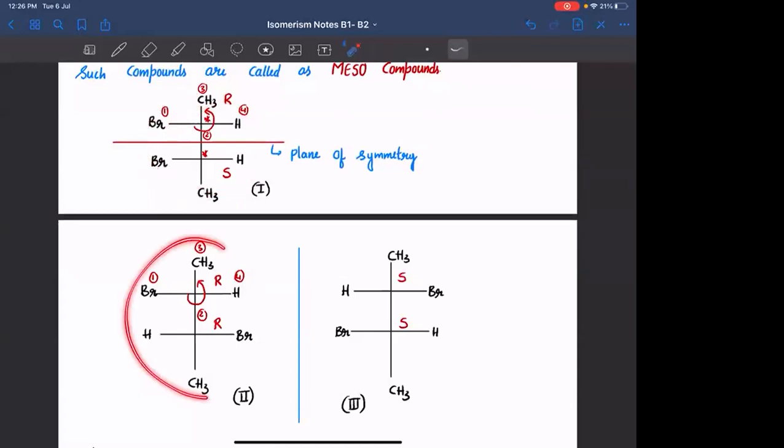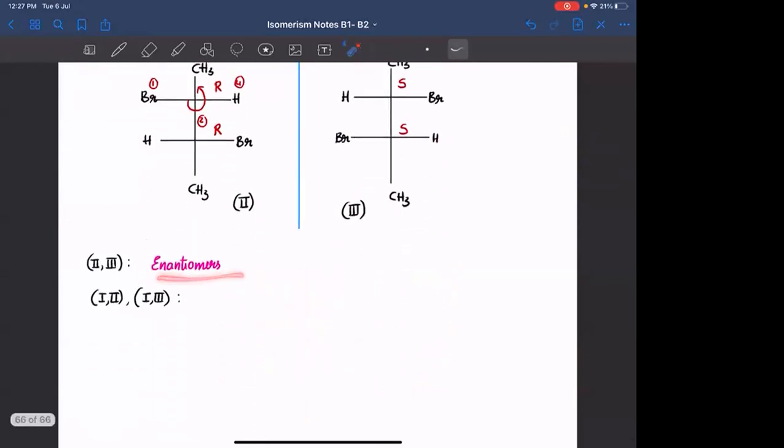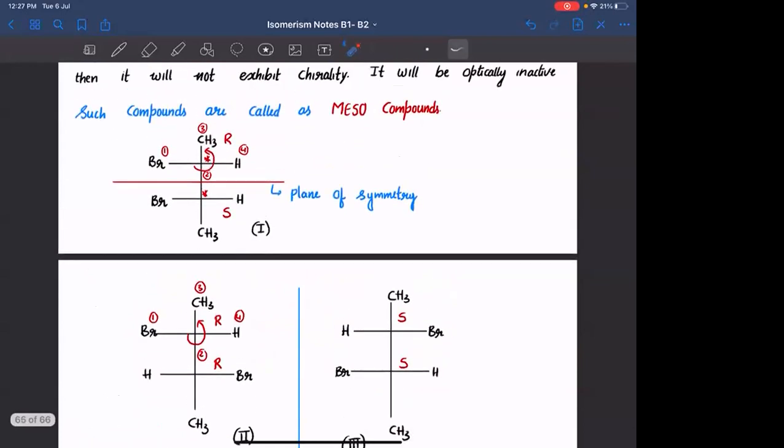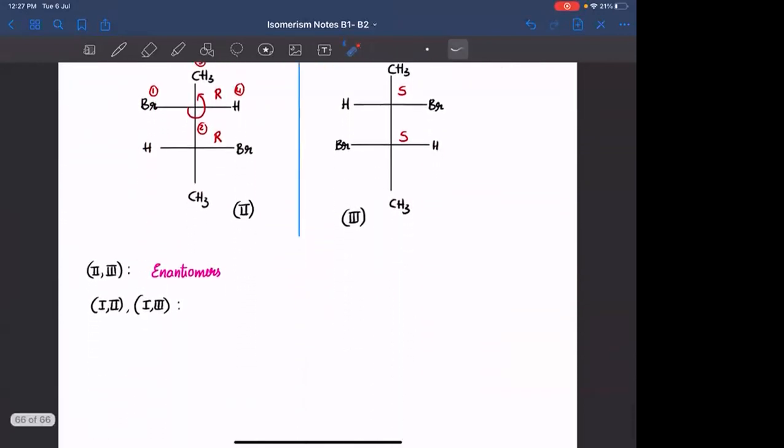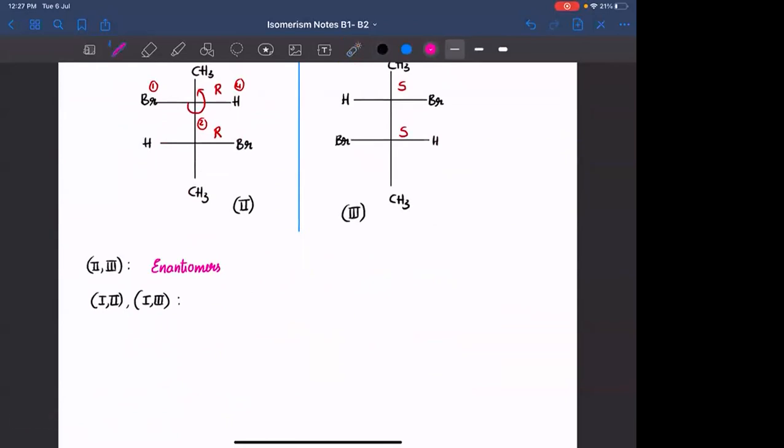Are they mirror images of each other? No. They are not mirror images of each other, right? Yes. The isomers which are not mirror images of each other, they are called as diastereomers. The isomers which are non-superimposable mirror images of each other, they are called as enantiomers. What are diastereomers? Diastereomers are isomers which are not mirror images of each other. Is that clear? Okay, they are also stereoisomers only. So these either 1, 2 or 1 with 3, they are called as